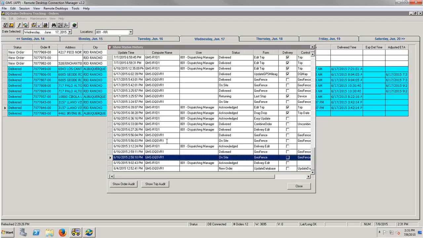So this is a good example of what you wouldn't want it to look like. The less of those manuals, the better. The ones that always worry me are the delivery edit and the edit trip. Those are the 2 that are most commonly screwed up by our users, across all of our customers. When people get into the edits, a lot of times they're doing it quickly, and so when there's more than 1 or 2 on a trip status history, there's a good chance that there's going to be a compliance